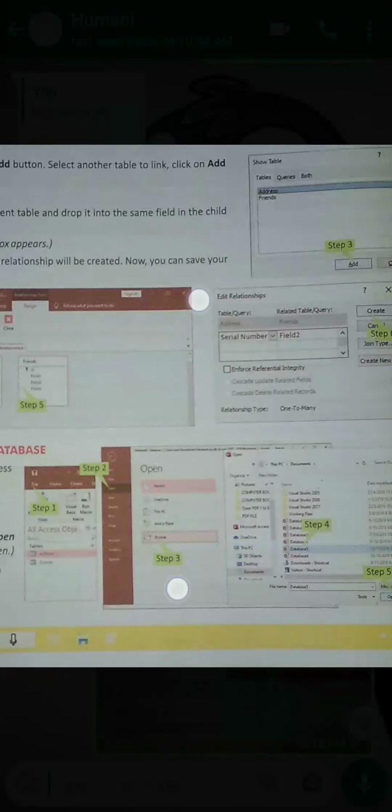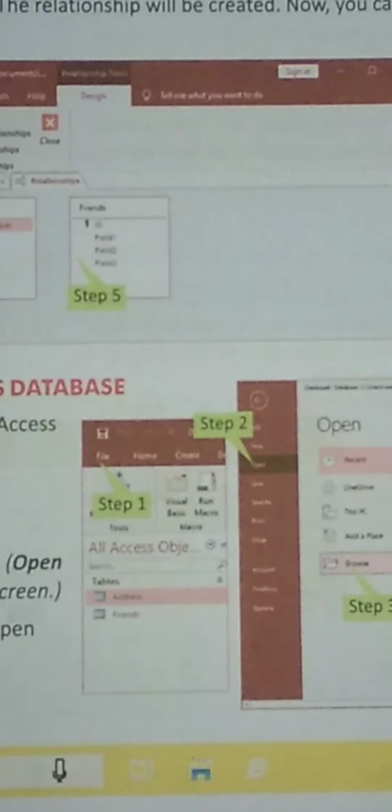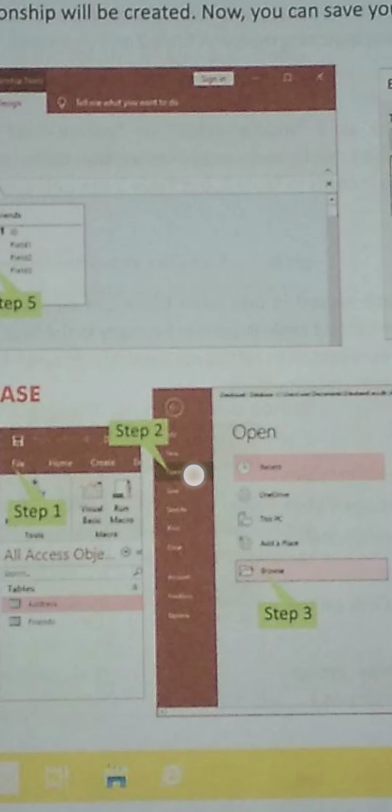Now, to open an existing Access database, one database already stored, how to open it? The steps are there. Click on the File tab, you will get that File tab here. Click on the Open button, you will get the Open button once you click the File tab.